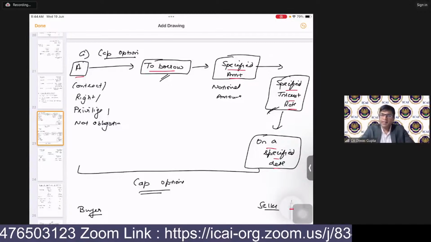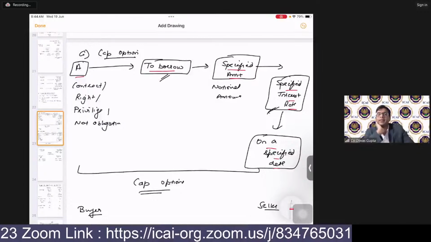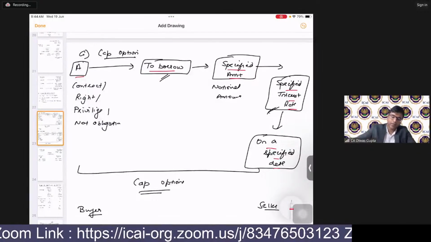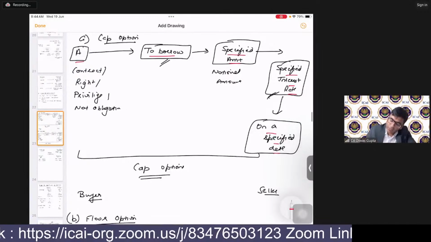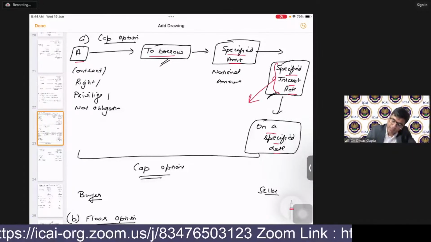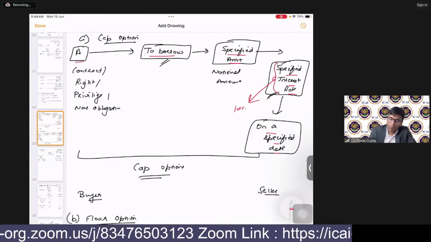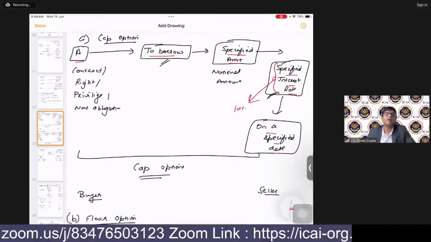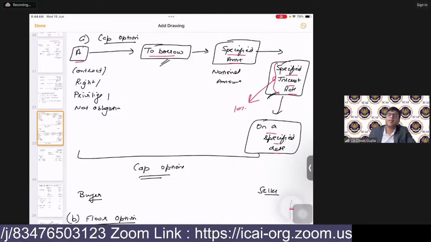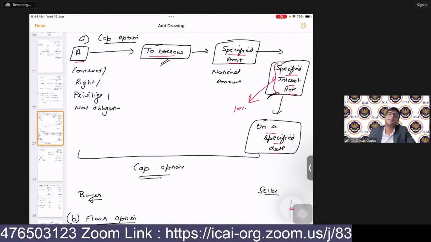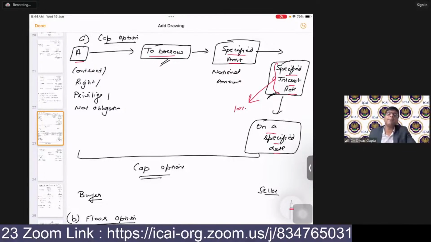So I'll tell you why it is called a cap option. It will cap your interest rate percentage. Correct? Because we are talking about the specified interest rate. Let's say this is 10%. So it will cap your borrowing percentage at 10%. The moment it goes more than 10%, a cap option holder will exercise this option because this option will become favorable,